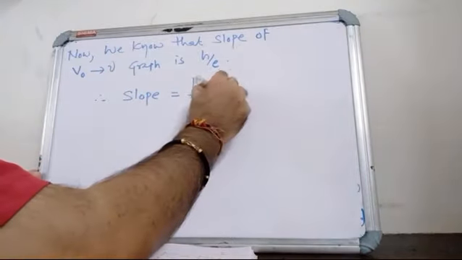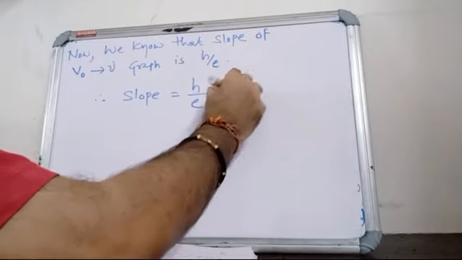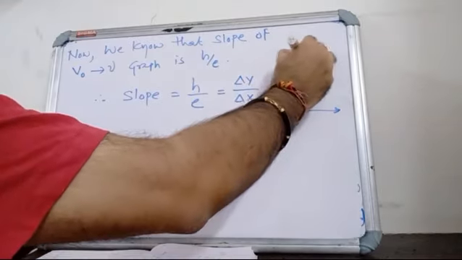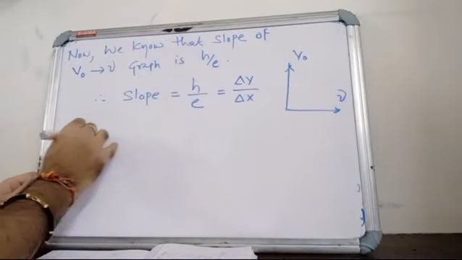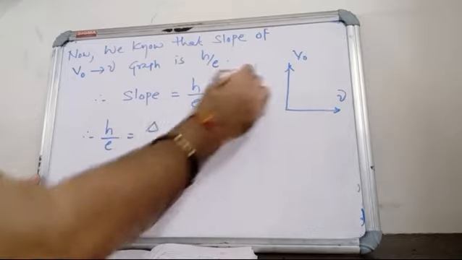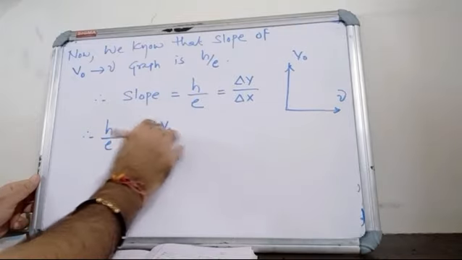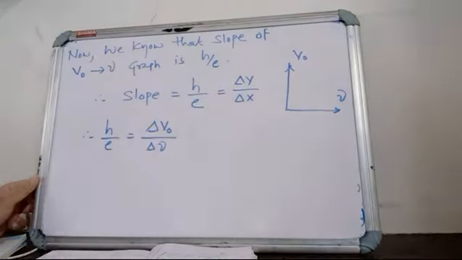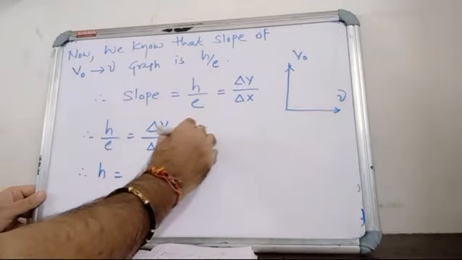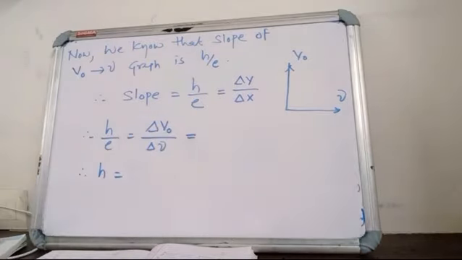But slope is equal to change in y coordinate upon change in x coordinate, right? This is the y coordinate, this is the x coordinate. Therefore, for h, any one you can take. So I have change in y coordinate, that is delta V0 upon delta nu. Therefore, h is equal to,